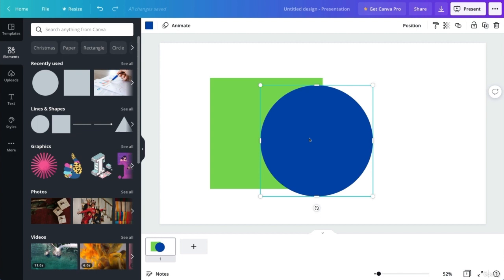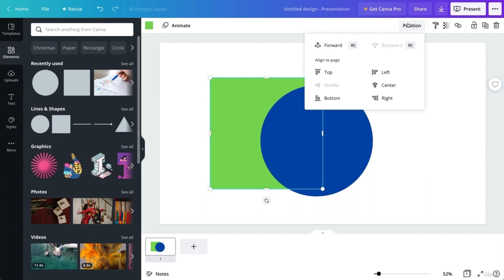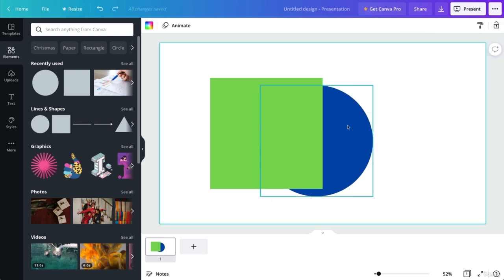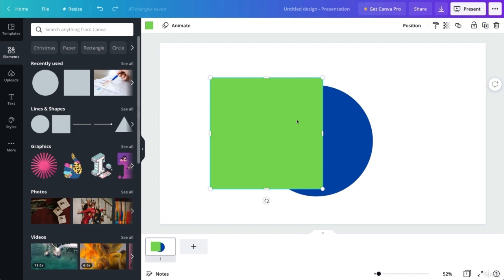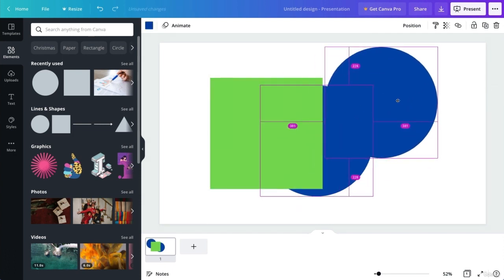Now, as you can see, in the layering system, the circle is on top of the rectangle, but in order to change this, you can click on position after you selected the element. You can see that you can bring it forward by simply clicking on forward. Now you can imagine that if you have a lot of layers, you're probably going to need to do this action multiple times. So for example,